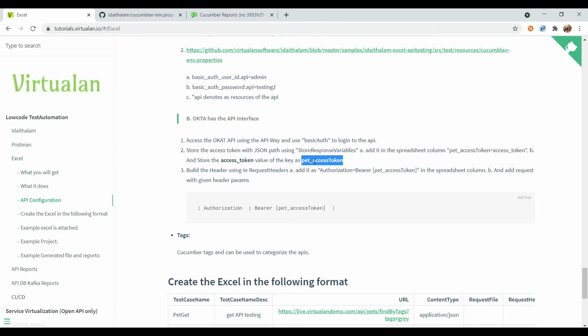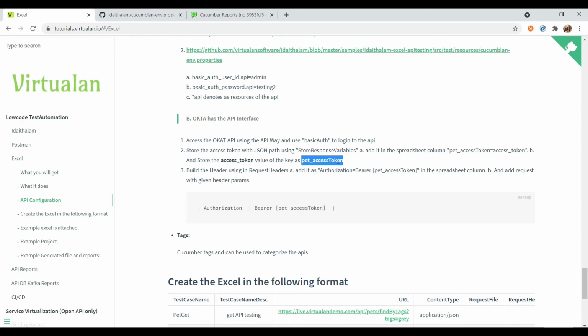In this way, first we are executing our Okta API on the server by using basic auth username and password. It provides our access token, so we store that access token in this pet access token variable name.